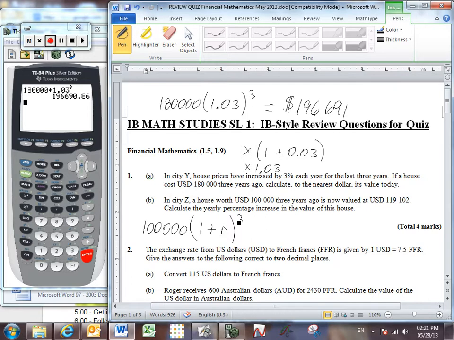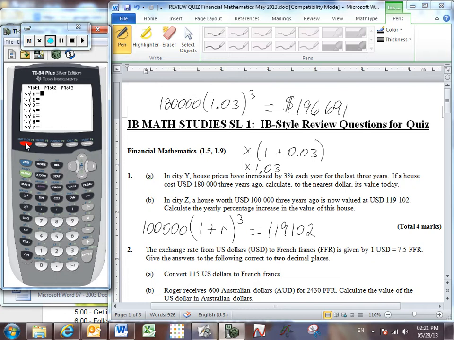And 3 years later, so it's multiplied by that increase 3 times, we end up with 119,102. Now I could try to solve this algebraically, I suppose, but why bother when I have a calculator available to me? And so I'll say y equals, this is one method, I'll show you another method in a minute using the finance program. So 100,000 times 1 plus x to the power of 3, and my other function, my right hand side, is